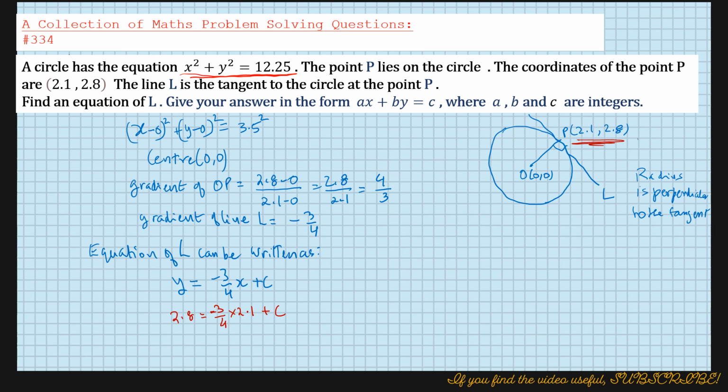So we write 2.8 = −3/4 × 2.1 + c. Removing the decimals, we get 28/10 = −3 × 21/4 + c. So we can write c is equal to